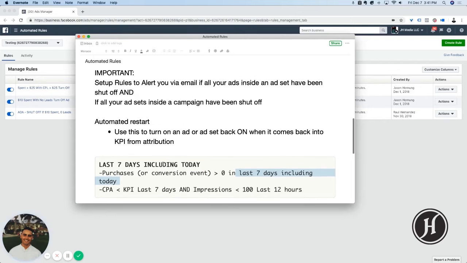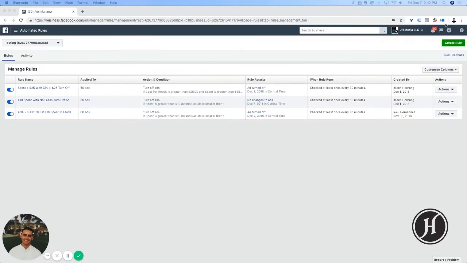The other way to do it is if the cost per acquisition or the cost per lead is below KPI in the last 7 days, and the impressions are less than 100 in the last 12 hours, turn it back on. Why we added the impressions is because this confirms that this ad was off, because an ad that's turned off is not going to get any impressions. So let's show you how to create each one right now. So the first one,